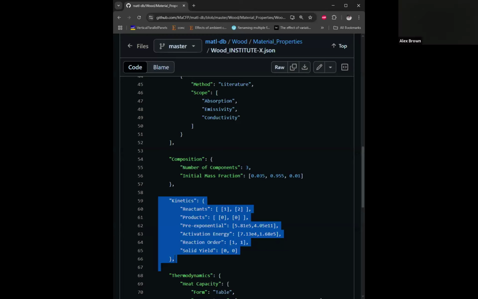Would those be serial reactions or parallel? That's an issue; I don't know for the one he's showing here. We had both. We handled all of this in the last round of MaCFP. Even with PMMA, people submitted models with two reactions, so yes, we allow for that.